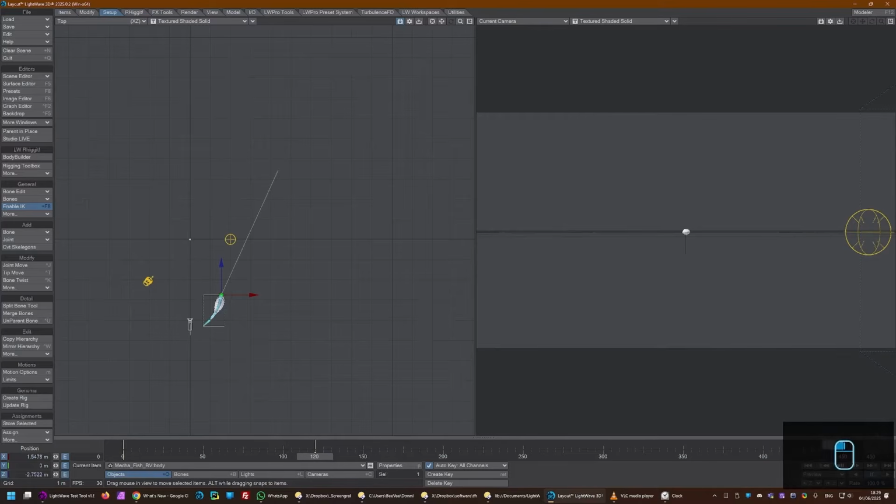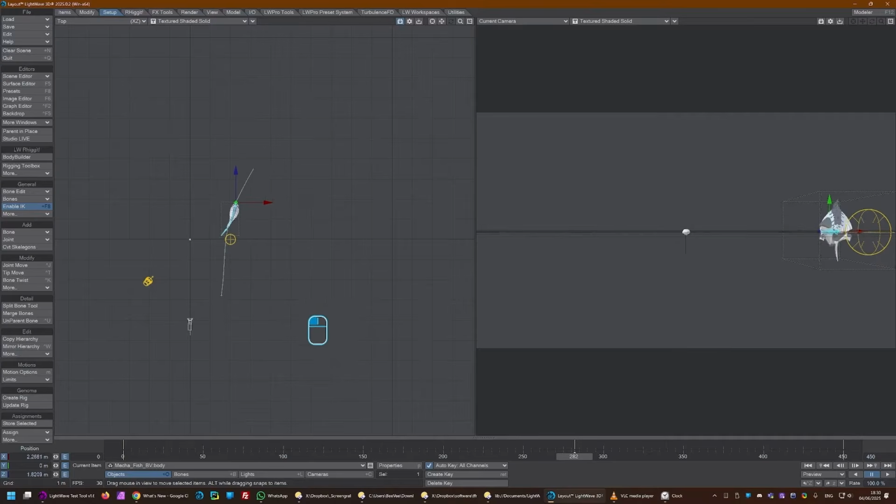And then let me select that frame and drag it all the way up to 450. There we go. So now we've got our fish and it's swimming very slowly back towards the camera. But around about here, I feel I'm going to have it take a turn. So it's going to go